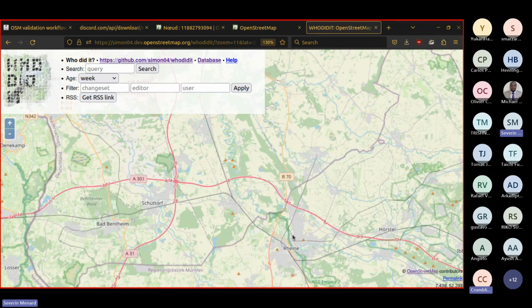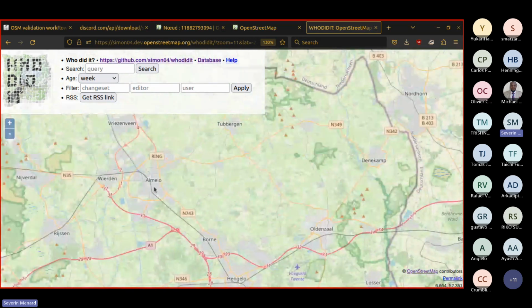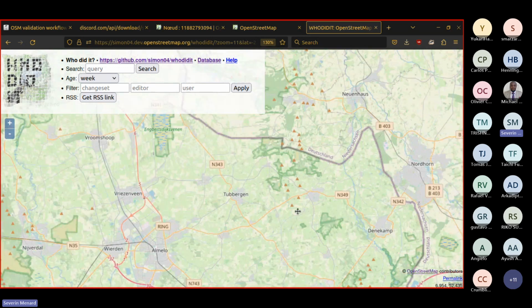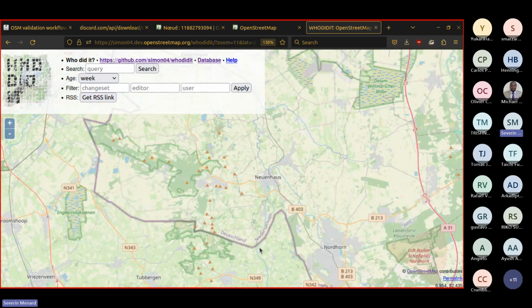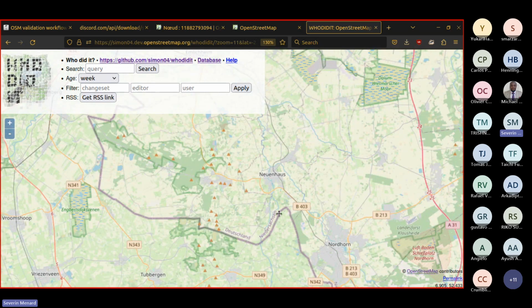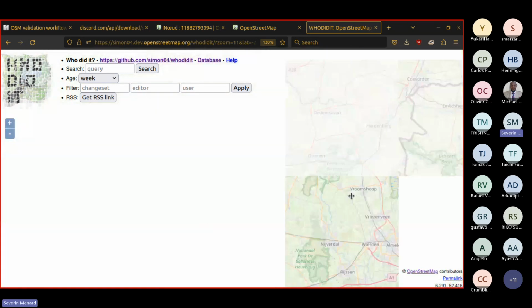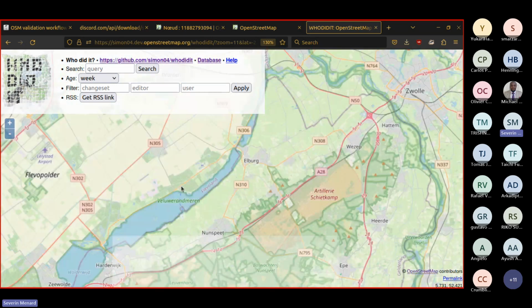When I showed this tool, that was maybe a month and a half ago. Wherever I went, even in DRC, I think there was not much contribution, but there was something. But you can see even in Germany there's nothing. So the tool doesn't work today, unfortunately.